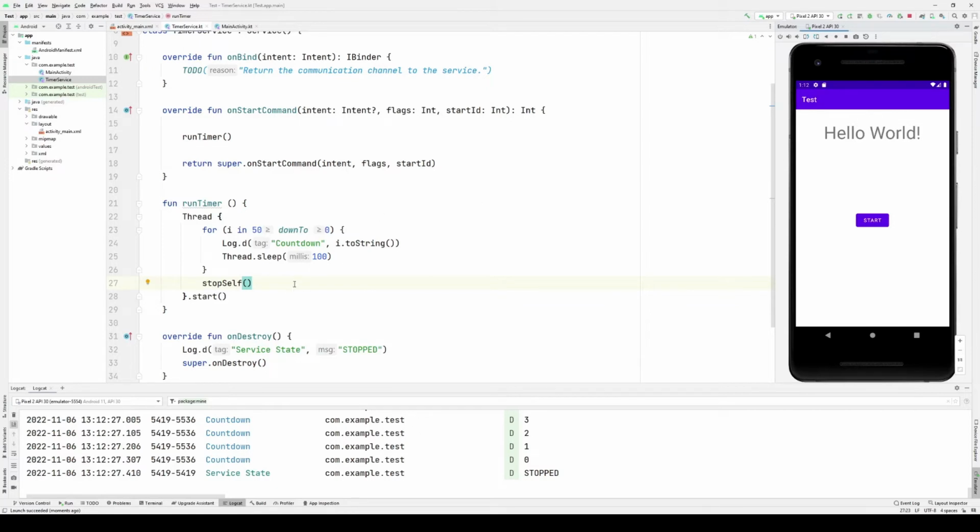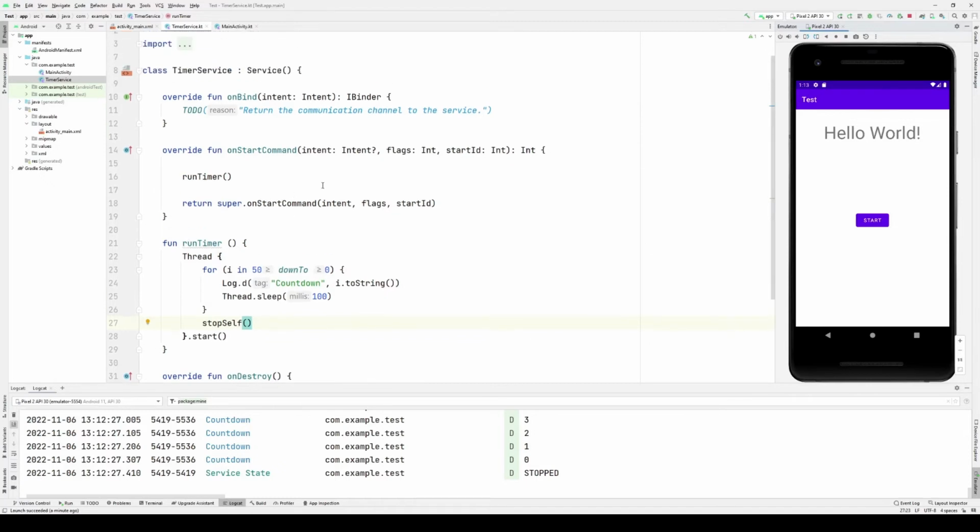Now, the dangerous part about calling stopSelf without the ID argument or a call to stopService externally is that you may actually stop the service prematurely. You may stop it before it's ready. For instance, a service runs as a singleton and can actually have multiple calls made to it while it's in memory, and it will process all of those calls. By default, a service that has startService called multiple times will execute both requests concurrently.